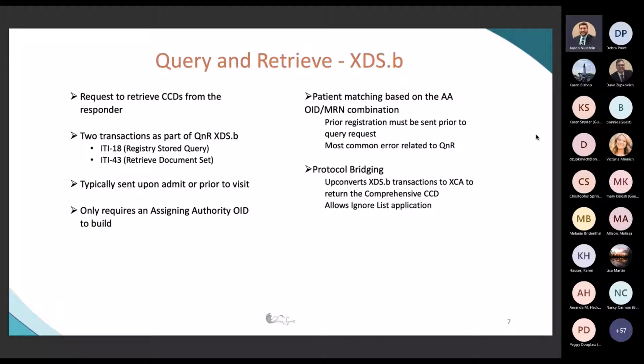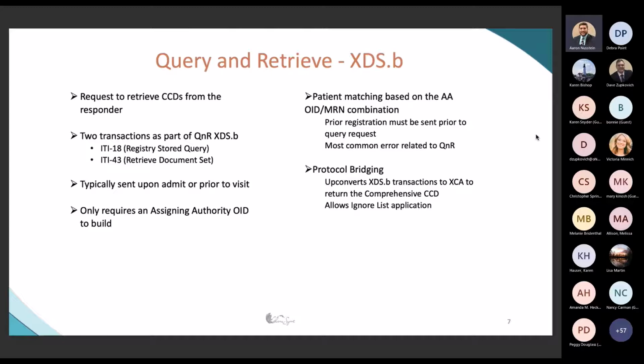So these are typically sent upon an admit or prior to a visit, such as a scheduled visit, to be set up prior to that visit. And the only OID that is required for build here is that assigning authority ID that matches up with that patient ID number. And essentially the workflow for this interface is you will send us a query request, that ITI